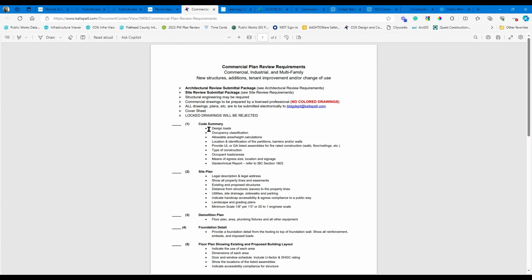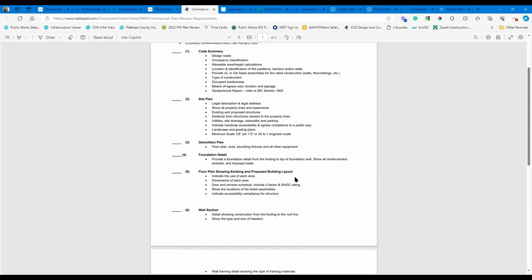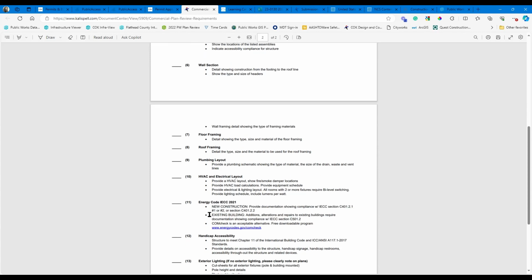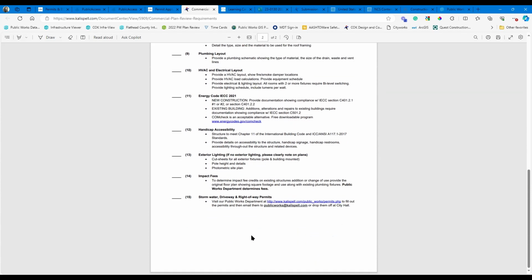So code summary, site plan, demolition plan, foundation detail, floor plan showing existing and proposed building layouts, wall section, floor framing, roof framing, plumbing layout, HVAC and electrical layout, energy code. This would likely be a separate PDF document. Handicap accessibility, details that provide the ADA requirements, exterior lighting plan, and then impact fees would actually